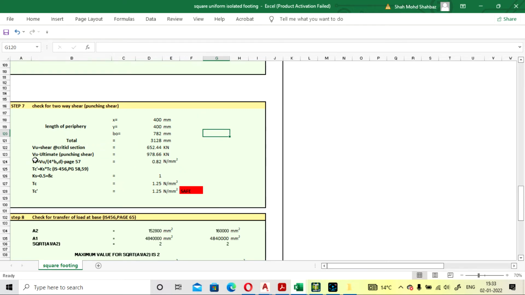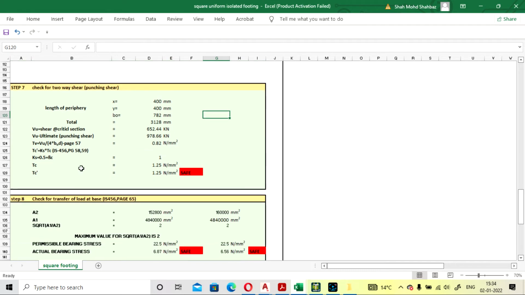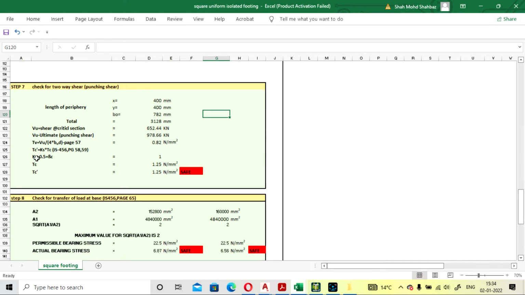Your tau will be calculated based on this formula, Vu upon bo into d, where bo is the length of all the sides of the perimeter of the square column, into effective depth. And your tau c is calculated based on this formula, Ks into tau c, and your Ks is 0.5 upon beta c. So it is calculated based on the formula, and you don't have to change any value here. All you need to do is check whether it is safe or not.